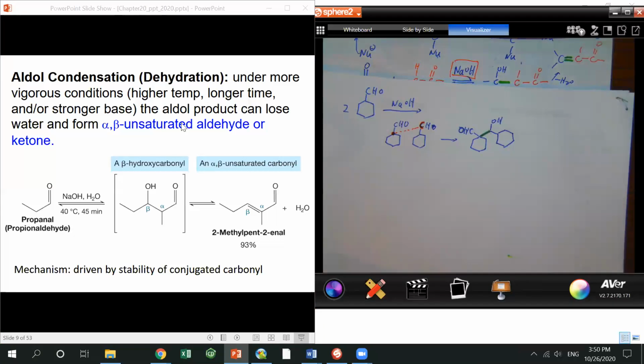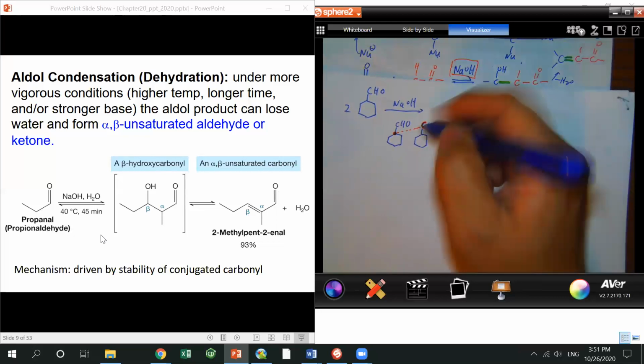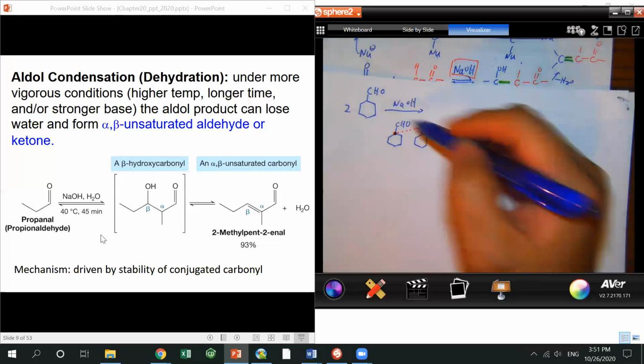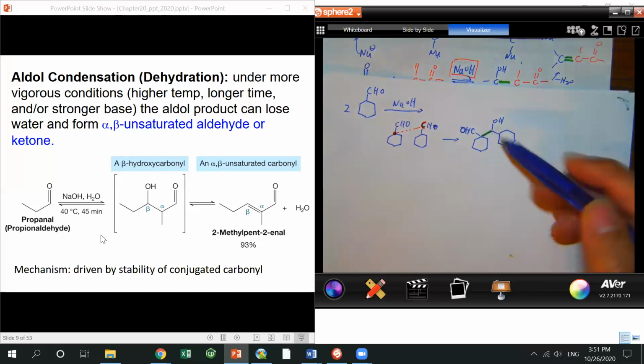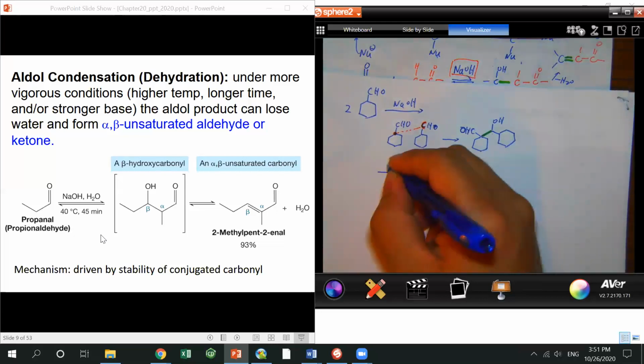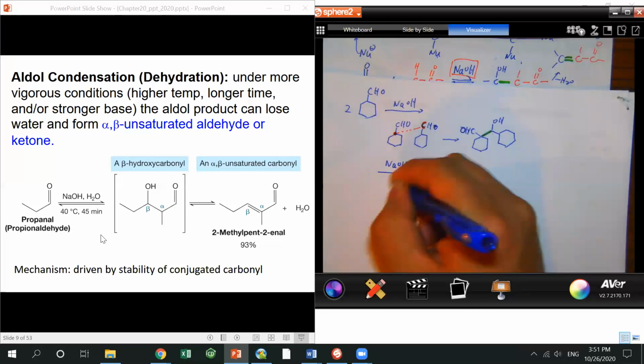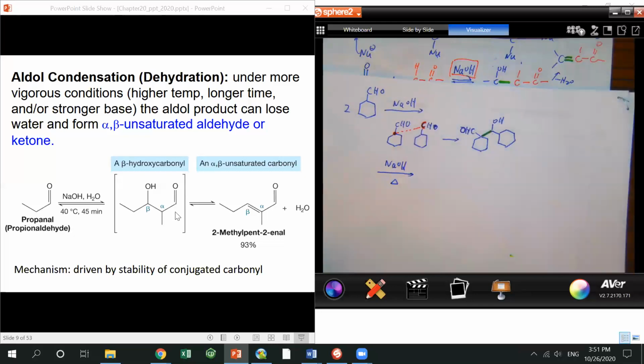Here's how you decide whether you're asked to draw only the Aldol product or the Aldol condensation product. Just look at the conditions. If I just provide sodium hydroxide, that means I only want the Aldol product. But if I show sodium hydroxide with heat, or maybe put 100 or 120 degrees, whatever,